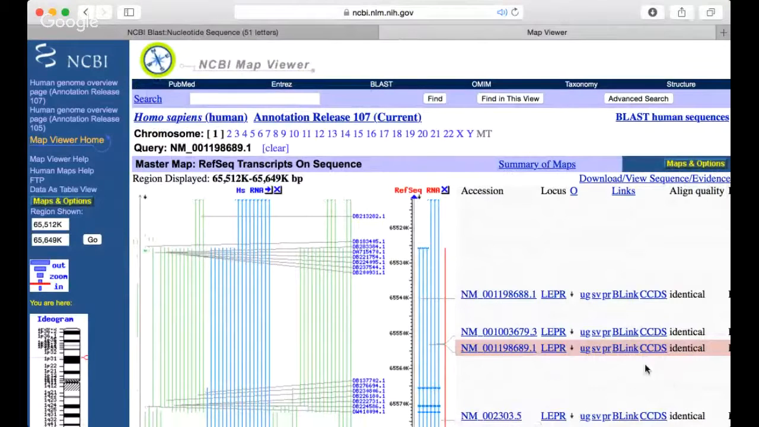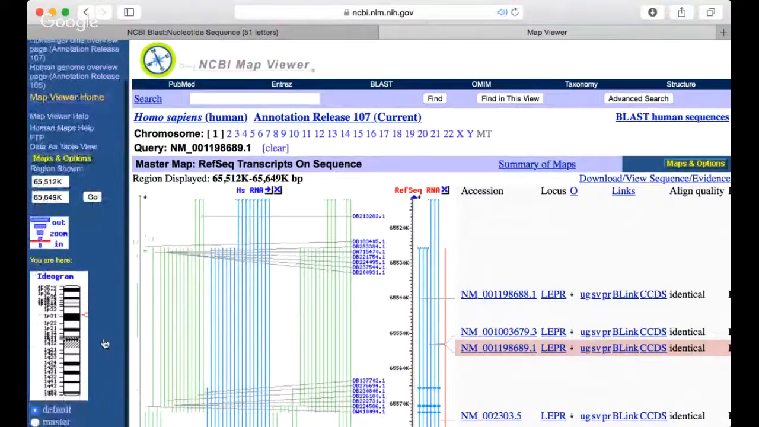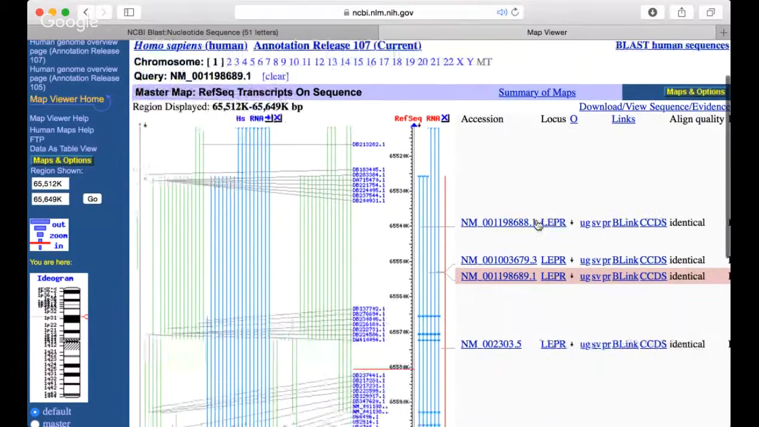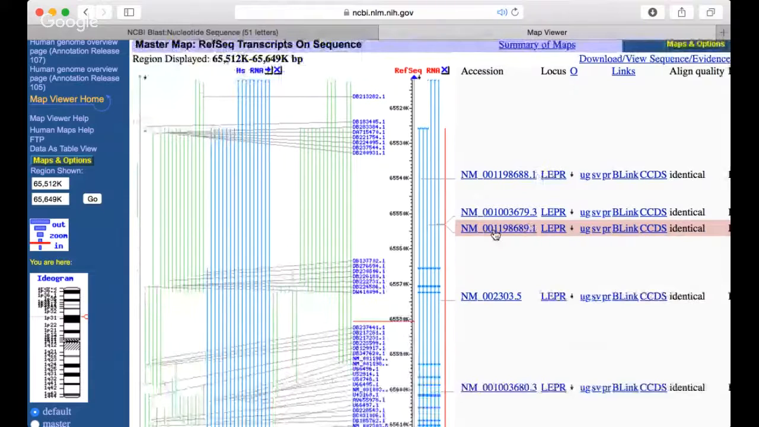Okay, so here's my chromosome map viewer. Here is a nice ideogram of chromosome 1, and this little red thing right here is telling me exactly where this particular gene is located on chromosome 1. And then if I come over here, the gene that I was looking at, the gene that I had a 1-to-1 match,